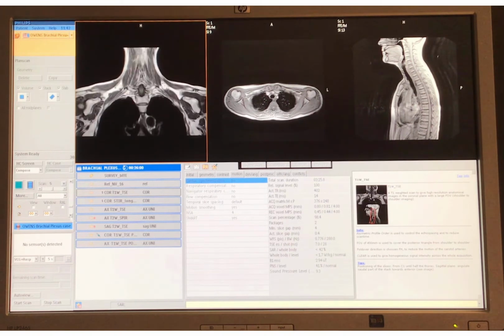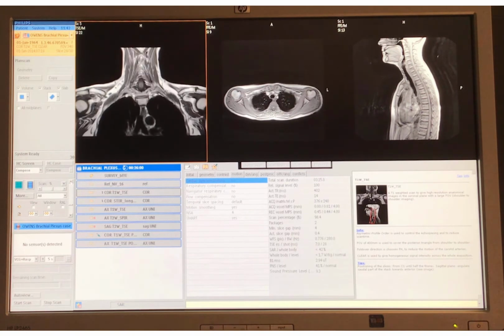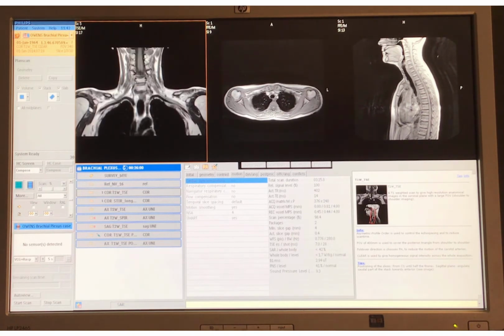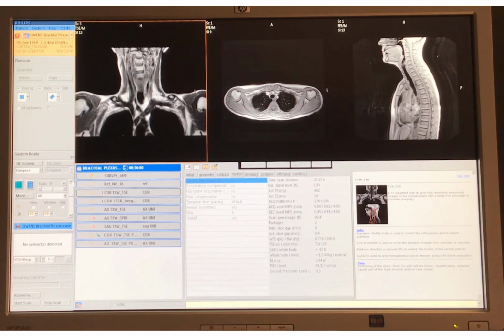Okay? And this actually looks pretty good. Because as I page through my slices, notice I'm just into where my humeral head is located. And then if I look at my spine, I am right at the tip of where my dens is. So I can see that this is your C2